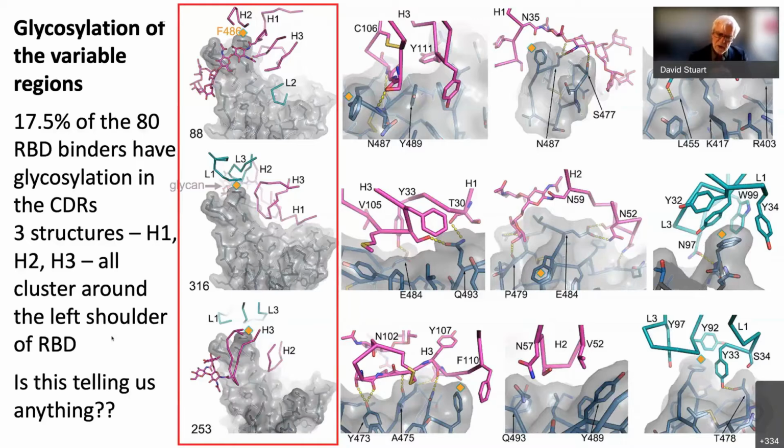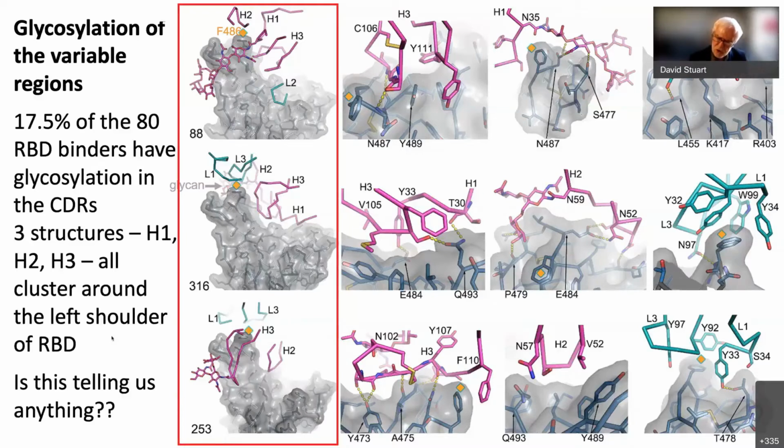And we've found that the glycosylation can occur in the light chain CDRs and the heavy chain. We looked at crystal structures of 3 of these. One of them was in CDR1, one in CDR2, the other in CDR3 of the heavy chain. In none of these cases does the sugar make a massive difference to the binding affinity,